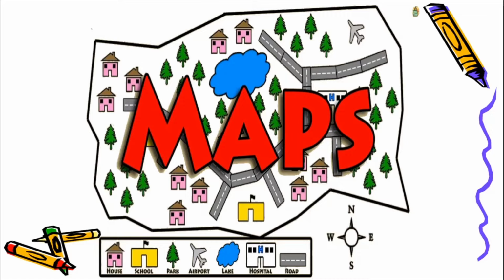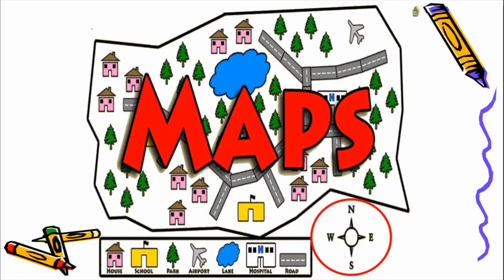The most important thing that you will be able to see in the map is the directions. So now you know what directions are. We have done what are directions, and we have taken an entire video for that. So a map will indicate the 4 directions, that is the north, the south, the east and the west. So maps show the 4 directions. Along with the 4 directions, maps will show you various other things also.